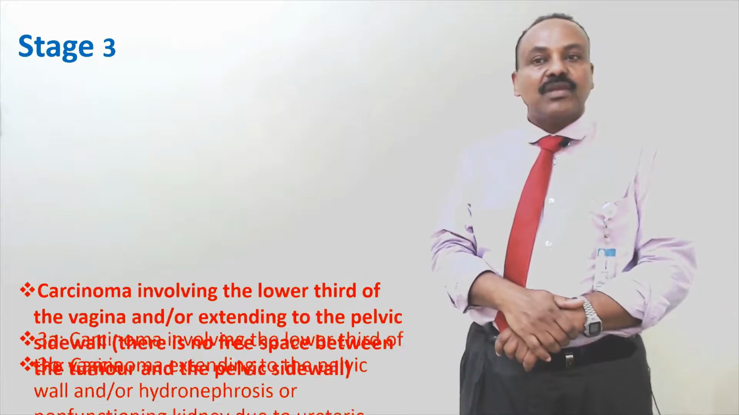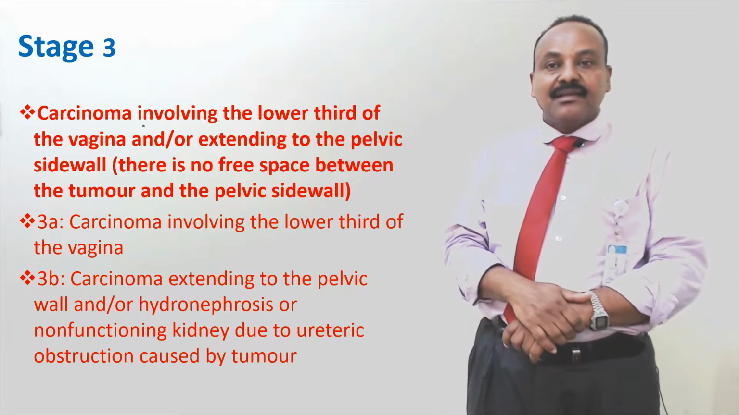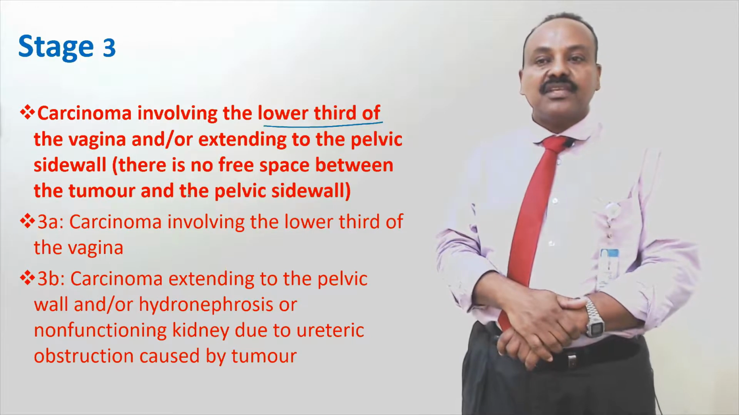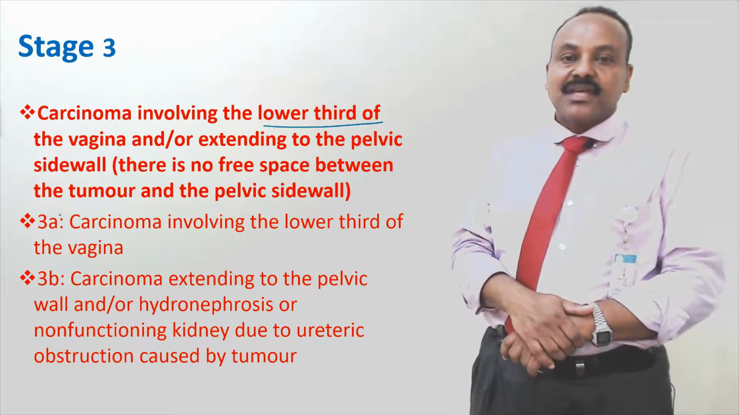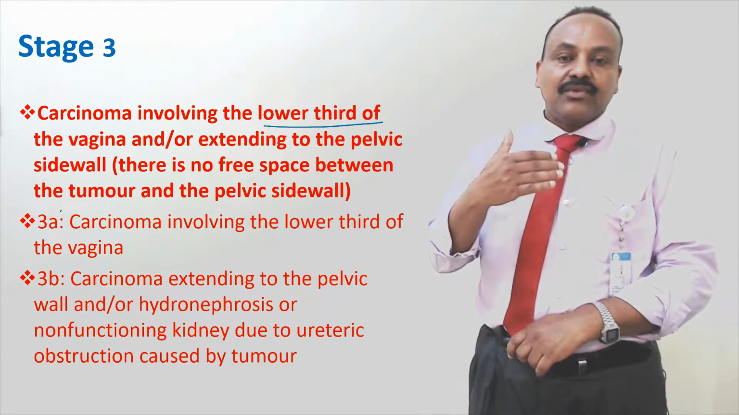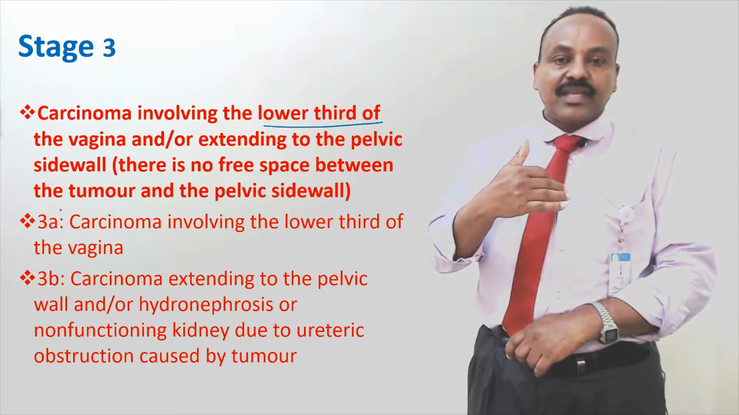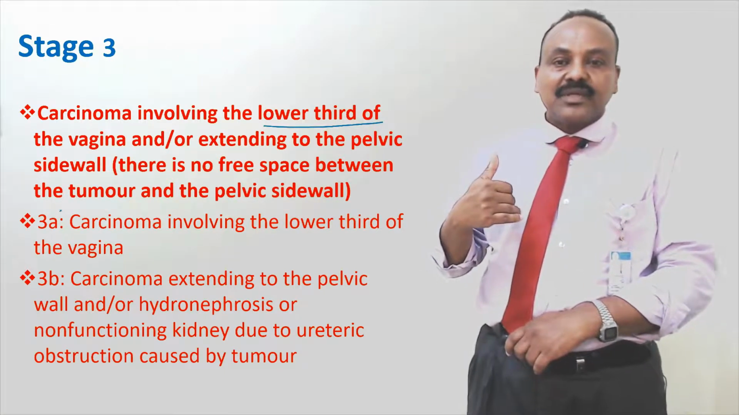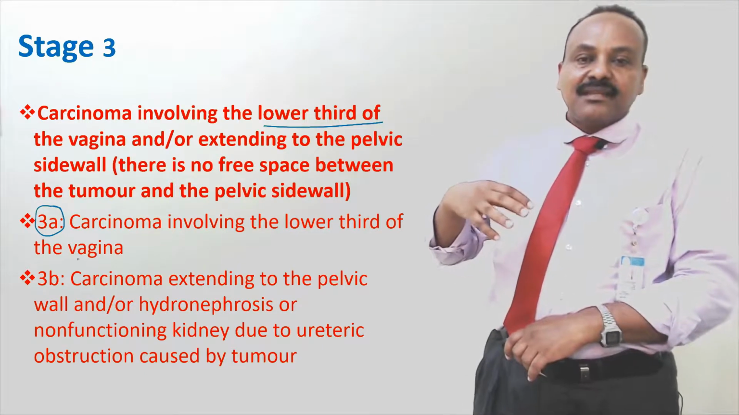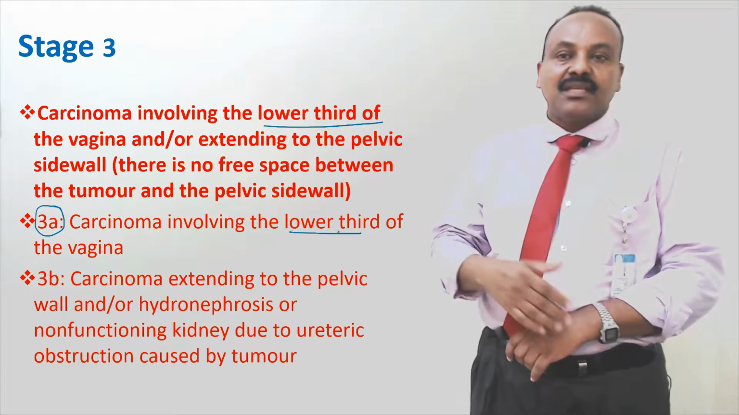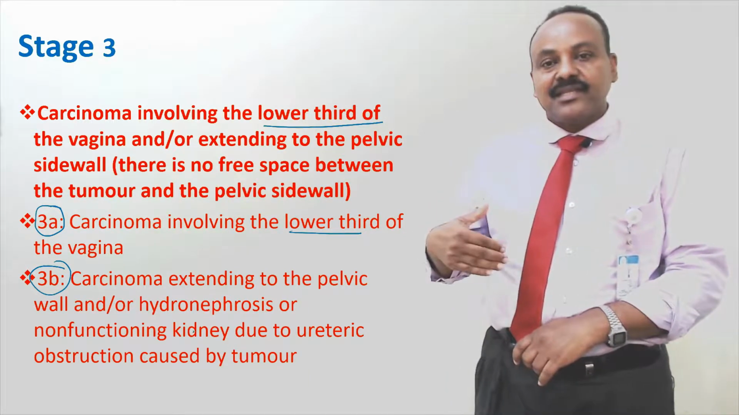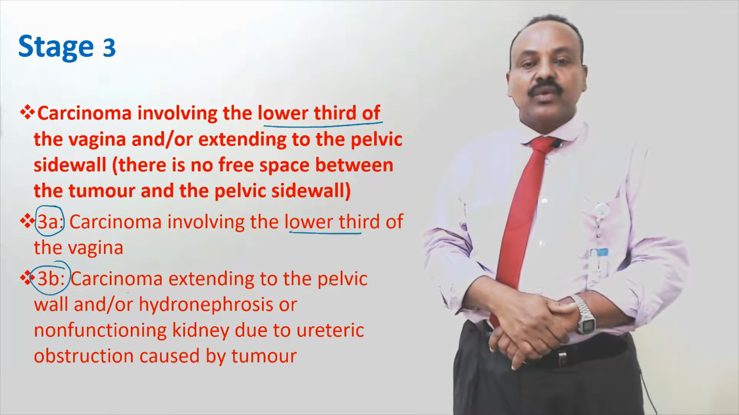Stage 3 carcinoma involves the lower third of the vagina or extends to the pelvic side wall. There is no free space between the tumor and the pelvic side wall. Here the tumor passes or invades from the upper two thirds of the vagina to the lower third, which is also divided into two, 3A and 3B. 3A is still in the lower third, but not reaching the pelvic side wall. 3B is the lower third of the vagina extending to the pelvic side wall, and this is one of the most